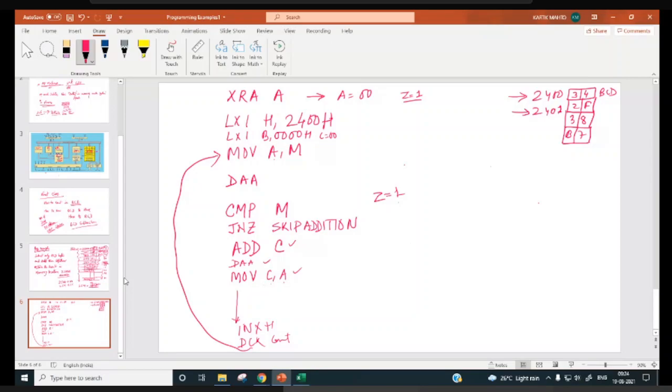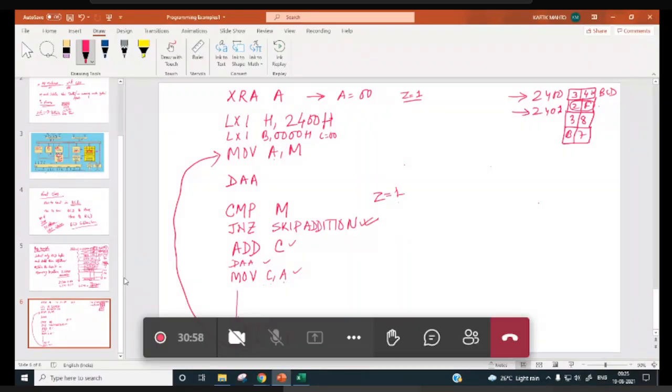So if the byte is not BCD, then you have to skip the addition. And if the byte is BCD, then you have to add that number. So this way you have to check 16 bytes up to 240F.